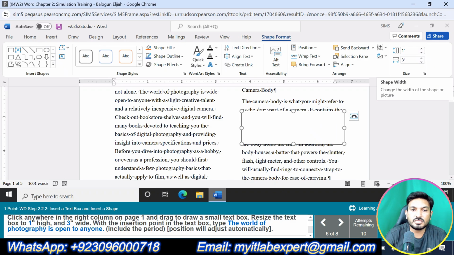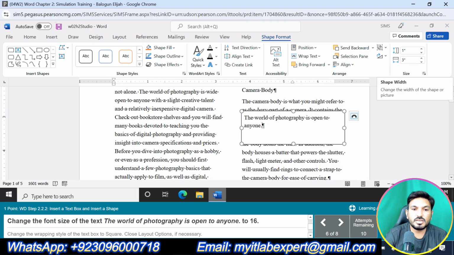Okay, with the insertion point in the box, type the word of photography. Photography is open to anyone. Okay. Change the font size of the text.